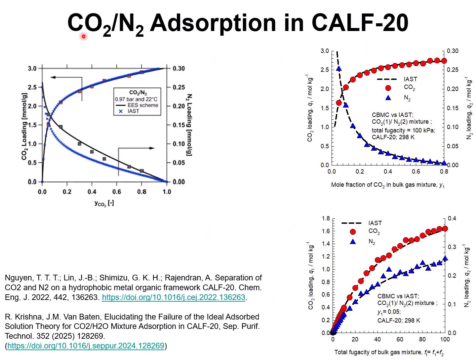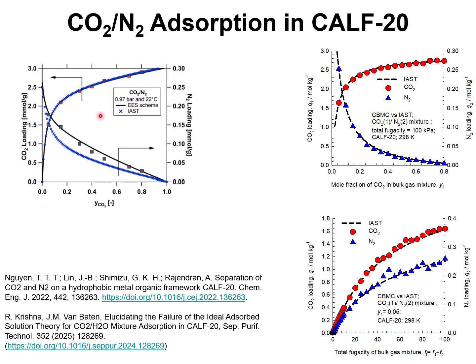Let's turn our attention to the adsorption of mixtures of carbon dioxide and nitrogen in CAF 20. The experimental data of Nguyen and Rajendran, published in Chemical Engineering Journal in 2022, are shown here, and the experimental data for mixture adsorption are shown by the red squares for CO2, black squares for nitrogen. The nitrogen scale is on the right axis, the CO2 scale is on the left y-axis,